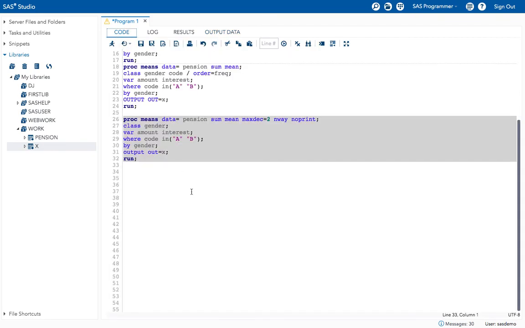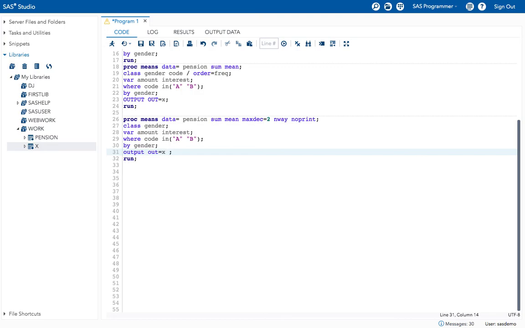In the output statement itself, specify. See, for example, I want to keep only mean values for amount. Okay, in such case mention mean of, in the parenthesis mention amount, equal to, create a variable name for that. I will create here underscore mean. Okay, now execute the program.